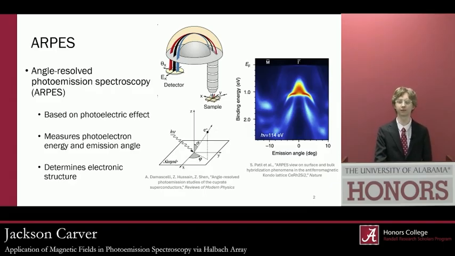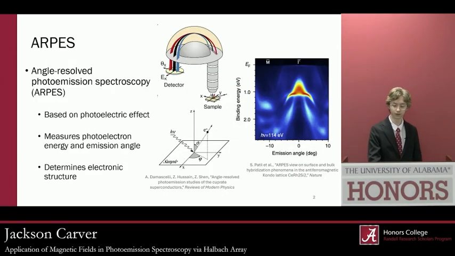It's a crucial method for understanding the structure of solid materials, specifically the allowed energy states of their electrons. The method is based on the photoelectric effect, wherein photons are fired at a material, ejecting what are called photoelectrons. What's remarkable about this process, and what ARPES relies on, is that the kinetic energy of the photoelectron and its angle of emission preserve information about its behavior in the solid. By a system of electric lenses and a detector, we can measure these values and determine the electronic structure of